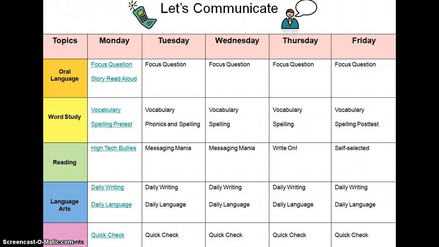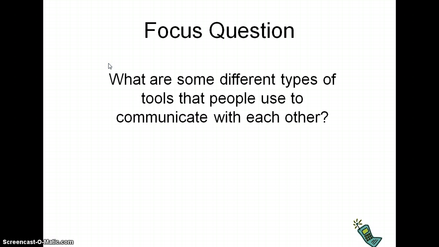And the reason I say it allows me to pace my time is because each of these links here are hyperlinks within my presentation. So the topics I have are on the left-hand column of oral language, word study, reading, language arts, and assessments. And you'll know that those are also the components of a weekly lesson within the Treasures textbook. So I start off on Monday with a focus question, and so when I click on that, the focus